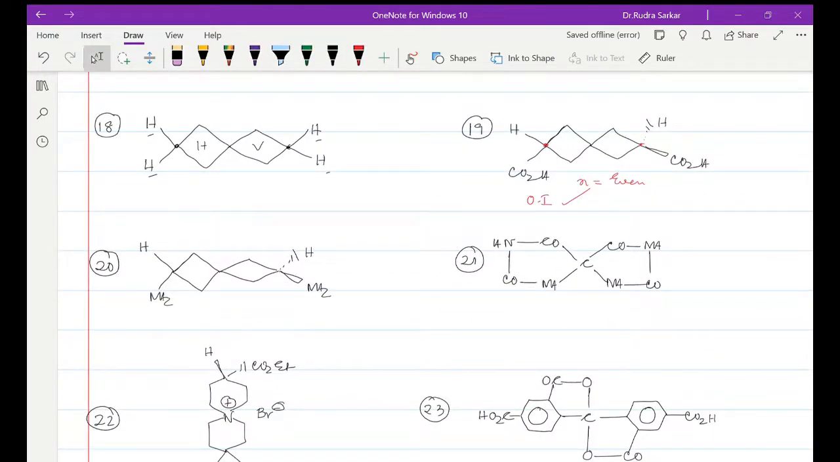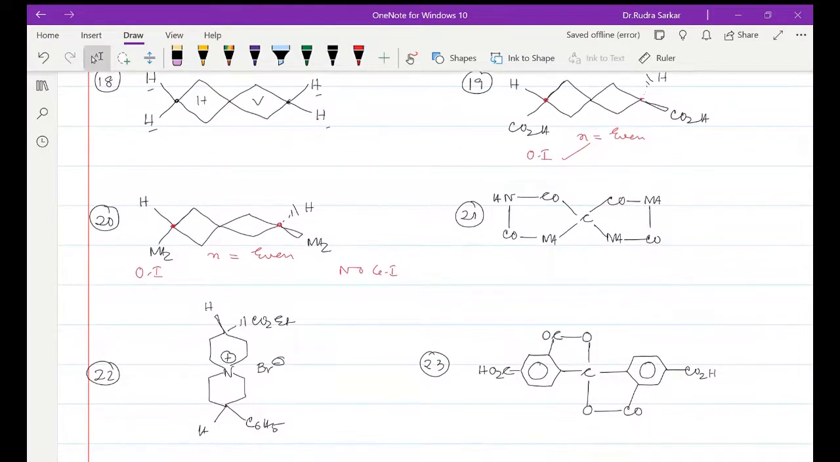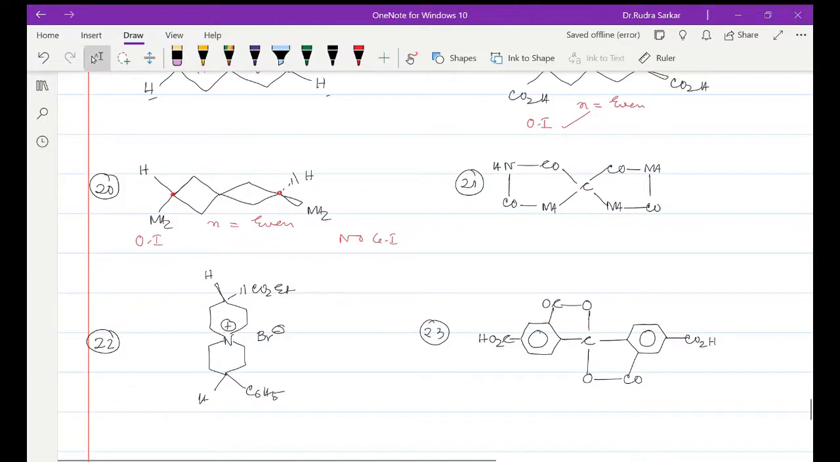Similarly, as we have studied in example 19, instead of two double bonds we have two rings, so N is again even, so this will be showing optical isomerism and no GI as such is possible. And again if we look at molecule 21, then this particular system is obviously going to show